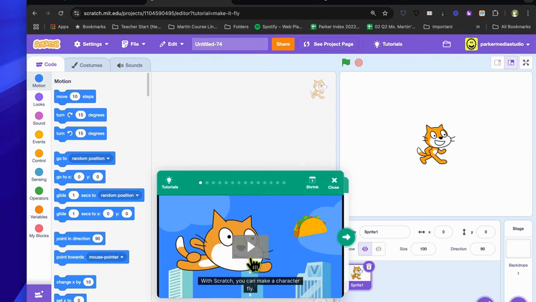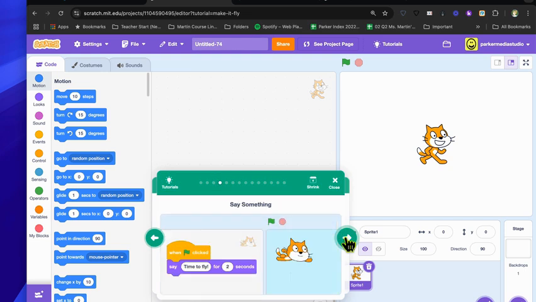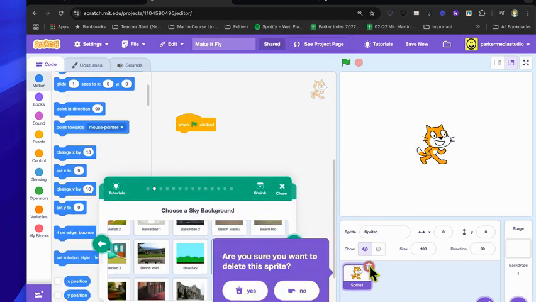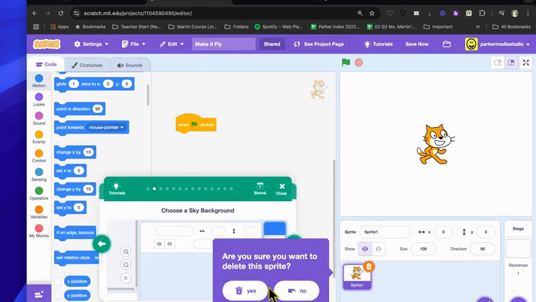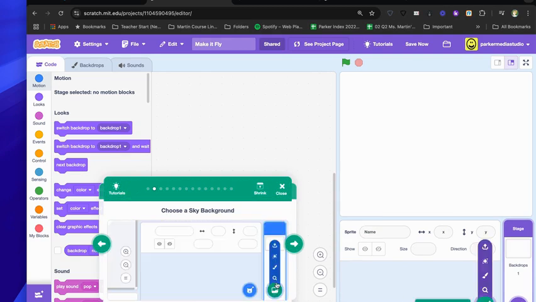Basically what you can do here, I would recommend click play, watch the video. I'm not going to play that right now. You can do that on your own. But one of the things that it does throughout this little slideshow is basically give you all the steps. I'm pretty sure the video goes through all of these steps. Do what the video says. Are you sure you want to delete this sprite? Yes. Because I want a sprite